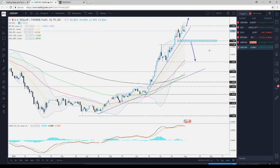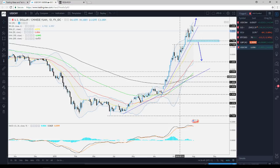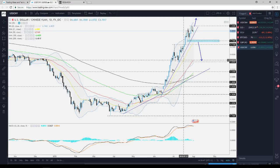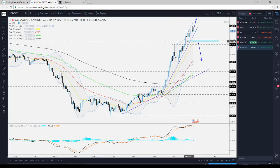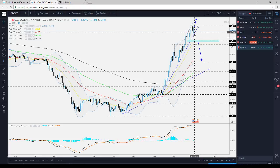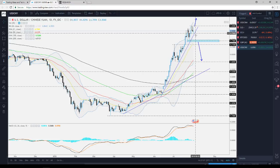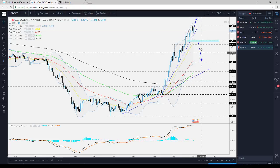One last pair that I really wanted to touch on, guys, probably very important for now, is the US dollar against the Chinese yuan. As you can see, the Chinese yuan is getting devalued, and we're seeing this effect here with a steep rise in the USDCNY. The question is, when is this steep upside support line going to get broken? Because if we get a nice break below, this could eventually be seen as a possible entry for the bears, and we could maybe see this pair dropping a little bit lower towards these